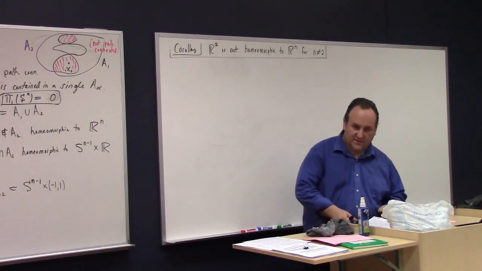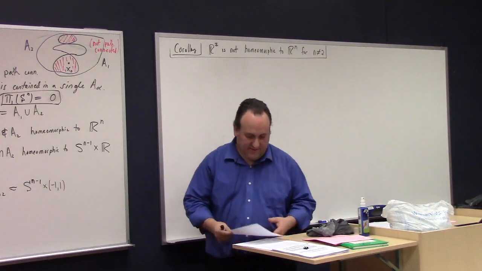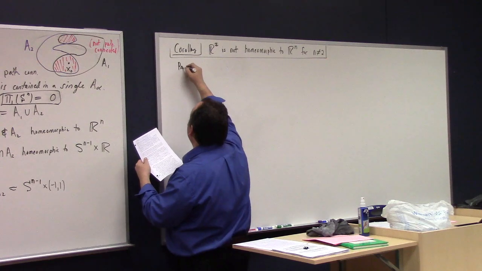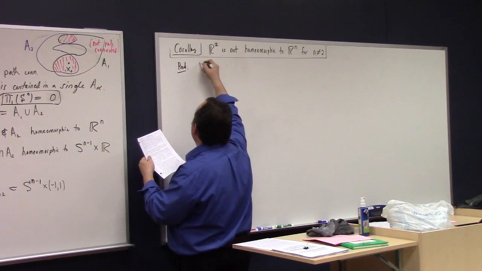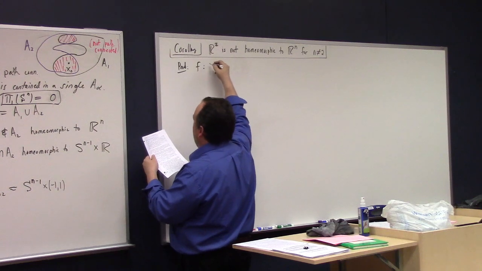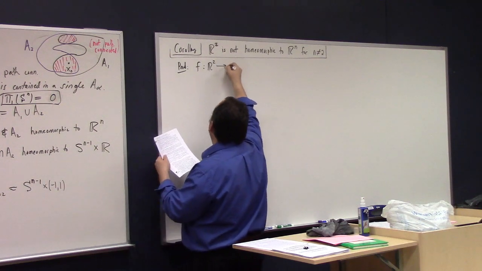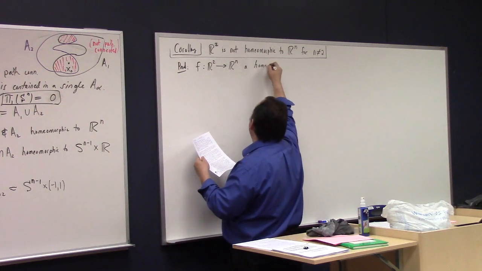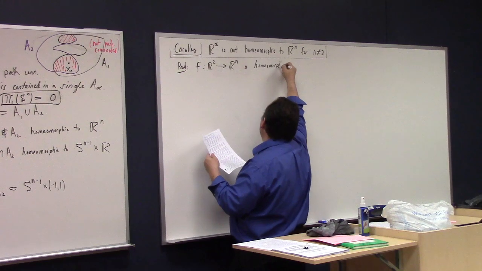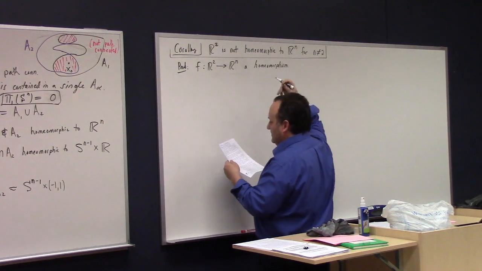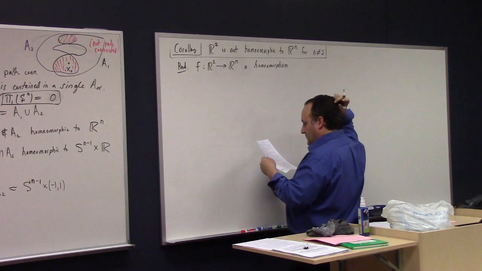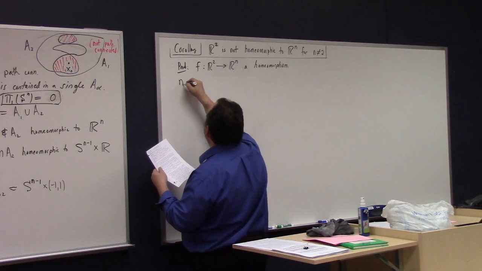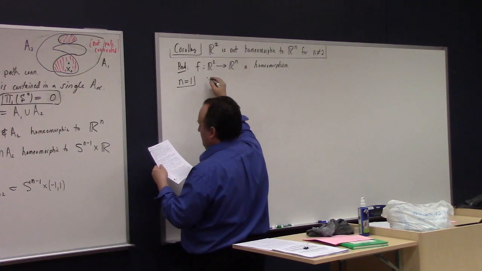Well, I think that's going to be used here. So here's the proof. Suppose you have F going from R2 to Rn, a homeomorphism, right? A continuous map with continuous inverse. He says n equals 1 is easily disposed of. So for n equals 1, we have